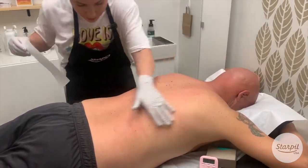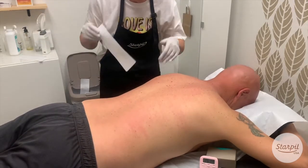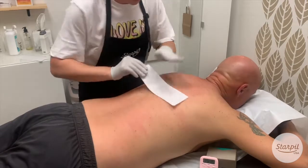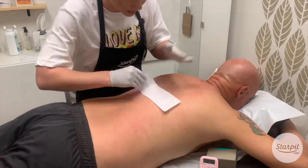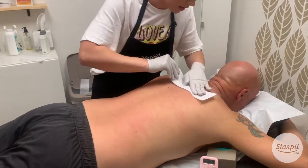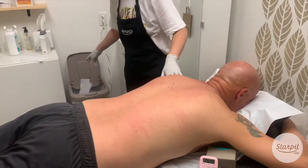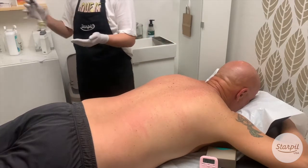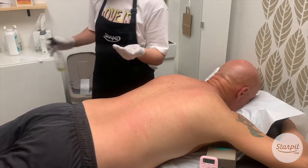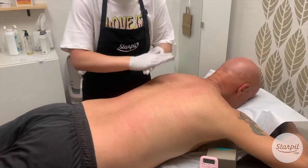Okay, and it should be good to go since I've double checked my work as I've gone. Just making sure we're getting the last bit of this wax off because we don't want our client leaving sticky or with residue. And it looks really amazing, so I'm going to go ahead and finish it off with some fur oil. This has tea tree in here, so it'll help kind of close those pores up so it can heal